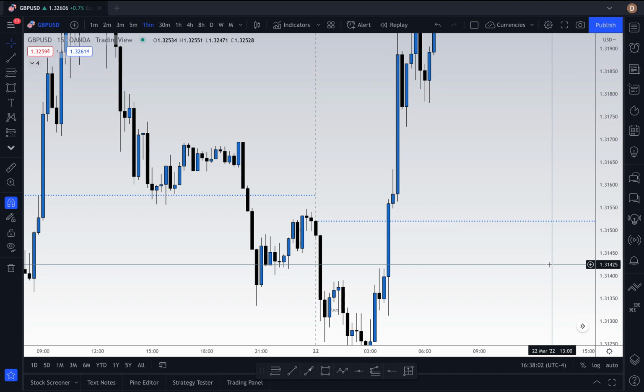When I first discovered order blocks, I thought it was the holy grail, and oh my God, I will become a millionaire overnight, right? All I have to do is draw up my bearish order blocks, my bullish order blocks, and drop 10 lots on it, and we're in the money, right? That was my train of thought until I got smacked around in the marketplace and I realized, okay, I need